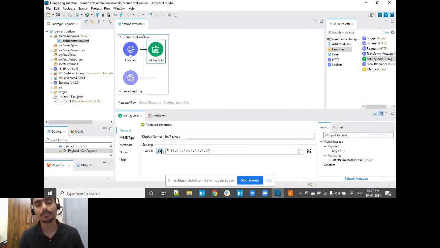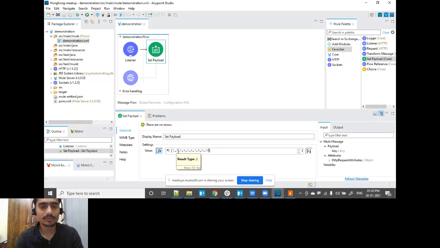Now this could be a very simple requirement, but a really good one for us to understand all of these requirements. Now let's say I want to evaluate whether a particular record is even or not. If it is even, I want to perform a certain set of actions. If it is odd, I want to perform a different set of actions on top of that. So if I want to take one record at a time, and considering that if there is any issue with my record, I want this entire processing to be stopped, in those scenarios we can make use of the for each scope directly. I'll drag and drop a for each scope.